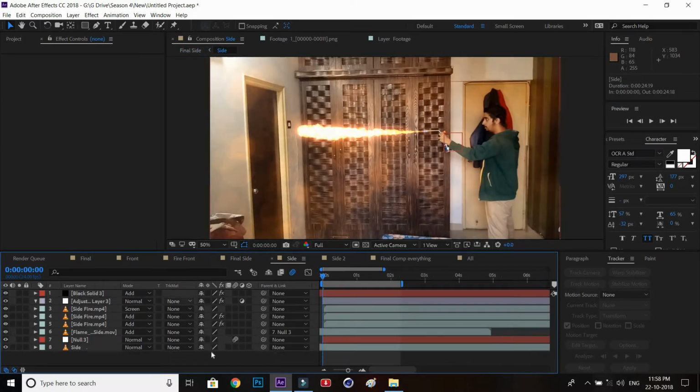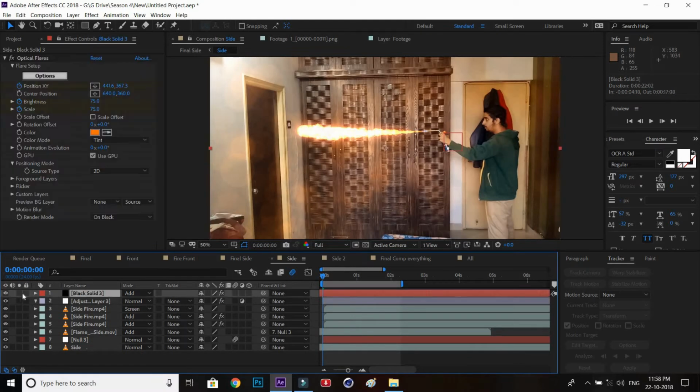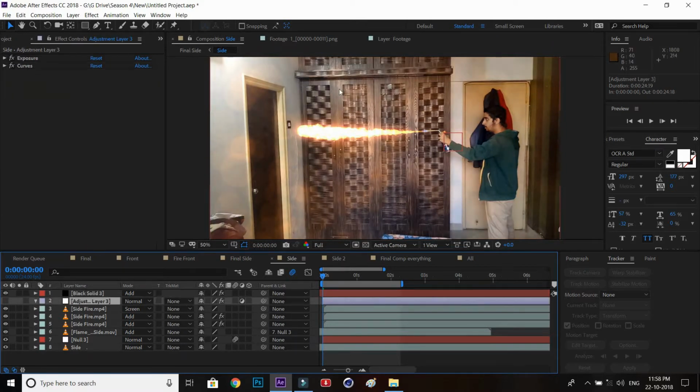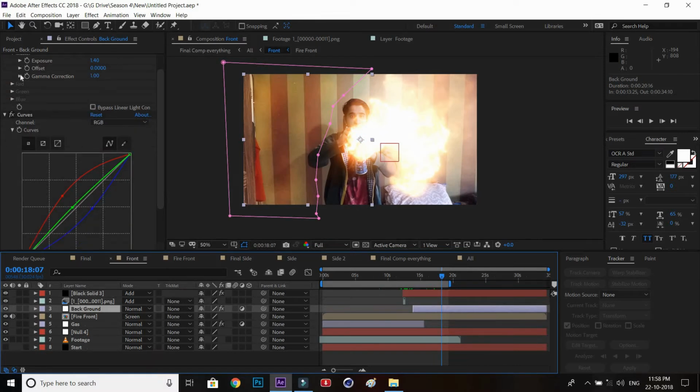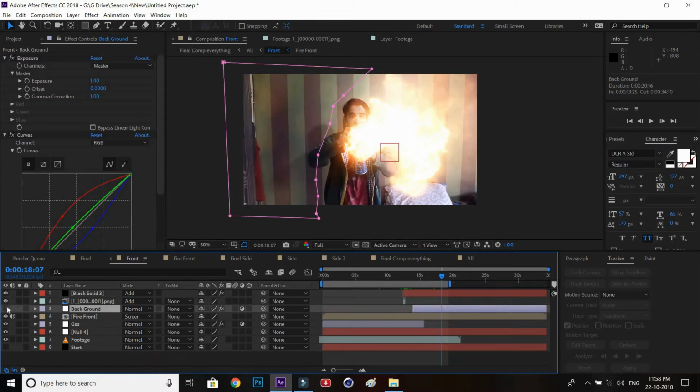And let's get to the side shot. It was a little bit later on that I decided to make the door on fire. I was going to completely burn out the complete door, but then I thought, why, let's just put the fire on a single side of the door, and it completely made the shot really better. And at the end, as I said, there's the exposure and curves to make that glow in the background according to the fire,